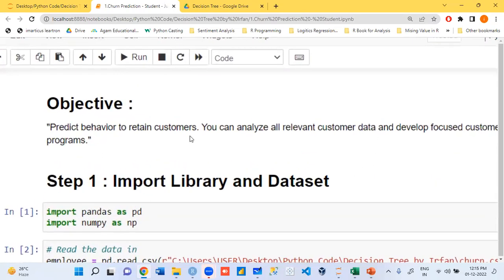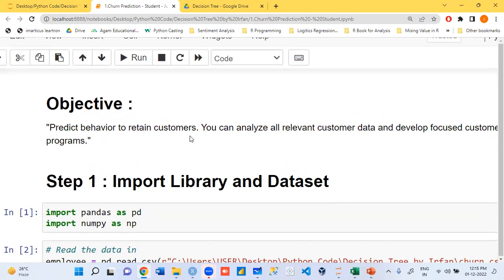Here we have to predict the behavior to retain the customer. What is the meaning of retain, guys? Wapas, to bring back. So we need to predict the behavior so that we can call the customer back to our company. Example, let's say you book a product from Zomato, and they have to deliver on time, and they deliver 30 minutes late, how will you feel? Happy or unhappy? You'll give bad feedback and you will be unhappy with the service. Tomorrow you will come to Zomato or you go to Swiggy. So can I say the customer changes their decision and moves to another company?